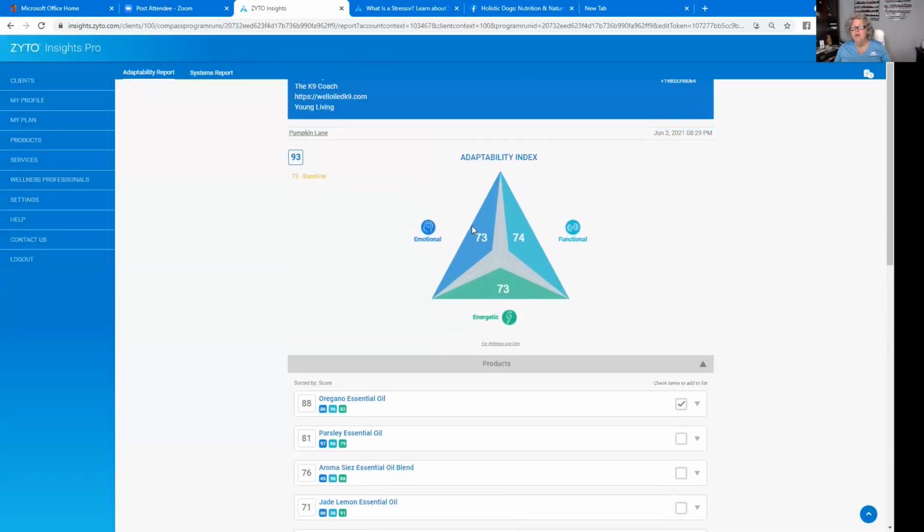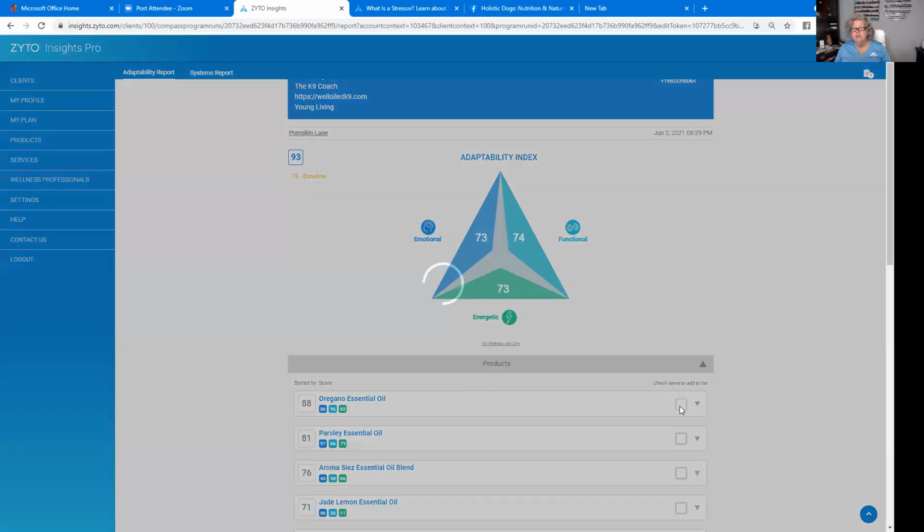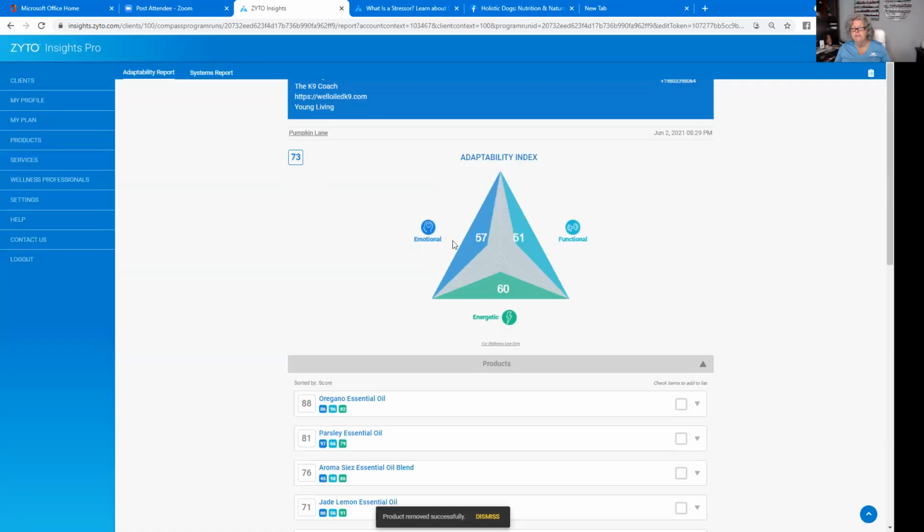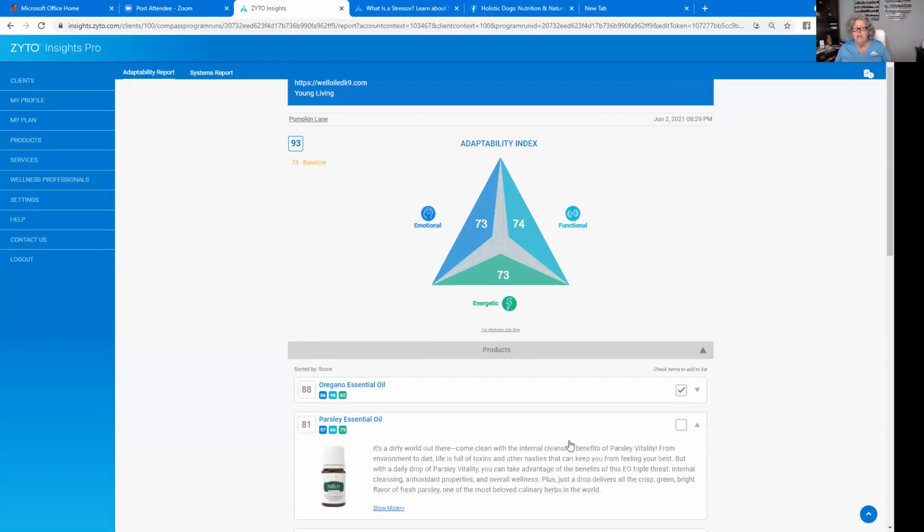So I'm going to turn that on, and what you see is these numbers changed. So pay attention just to this little triangle. We're in the 50, 60, and now we've moved up into the 70 range, okay? So if I then look at parsley, now parsley was not in my book, but we can look down here